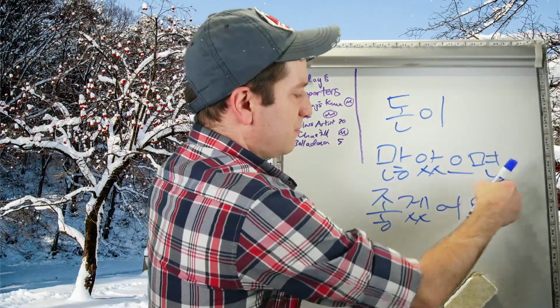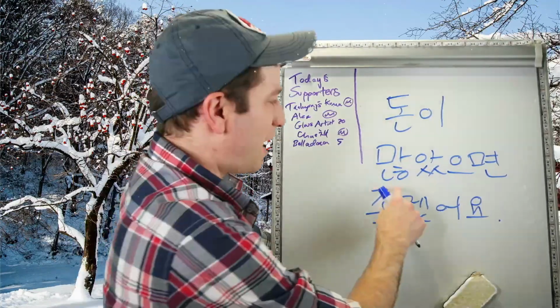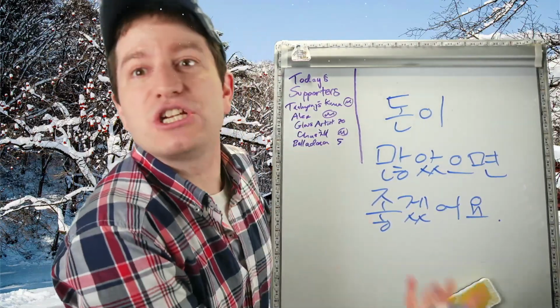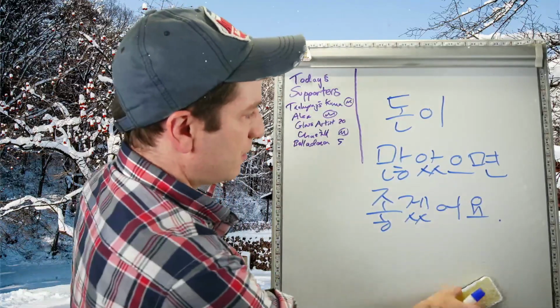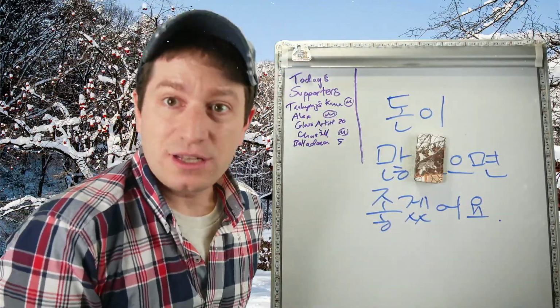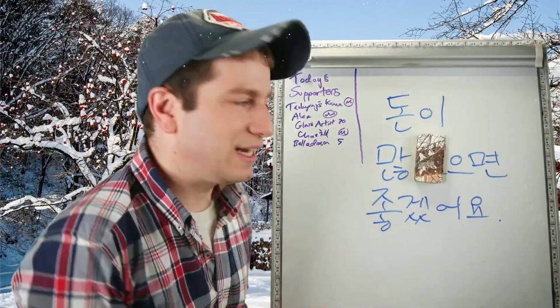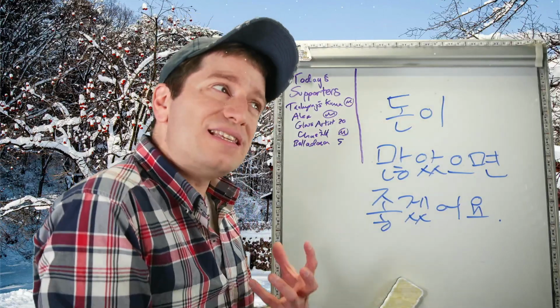돈이 많았으면 좋겠어요. 돈, money. 많다, to have a lot. 많았으면, if I had a lot of money, 좋겠어요. It would be good. I wish I were rich. 돈이 많았으면 좋겠어요. You could have also written 돈이 많으면 좋겠어요. It would be great if I have a lot of money. Both are fine and have the same meaning, but 많았으면 will be more commonly used and sounds a little bit